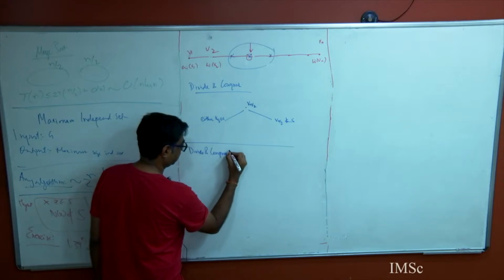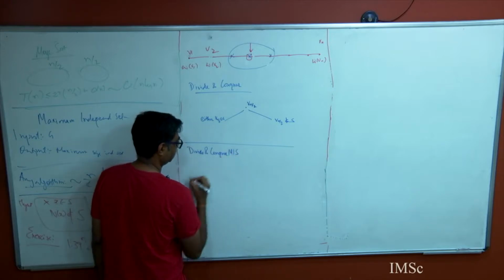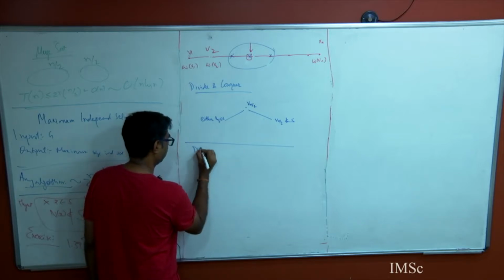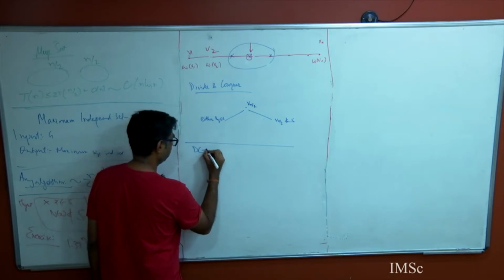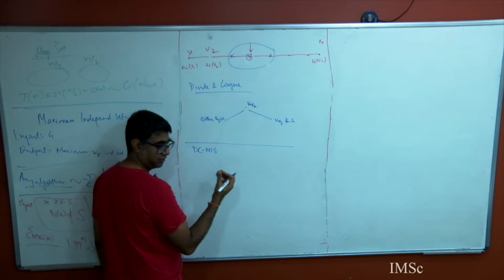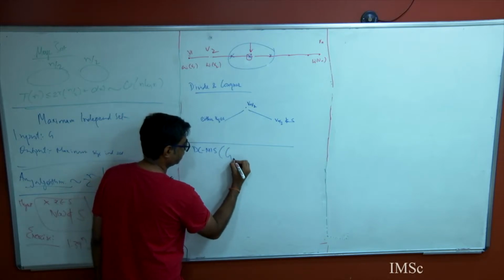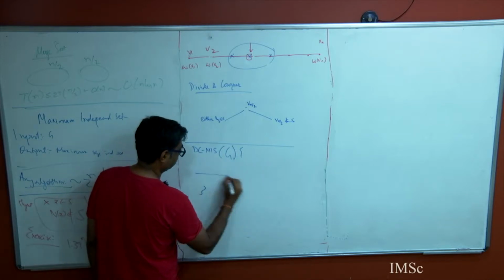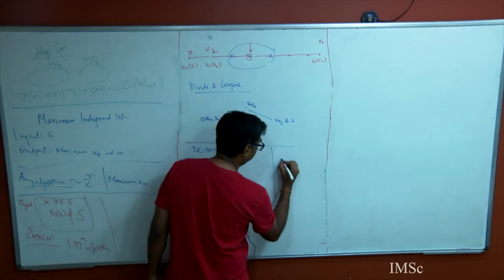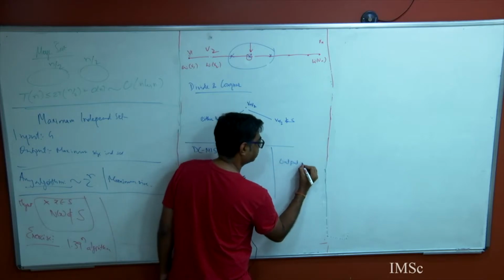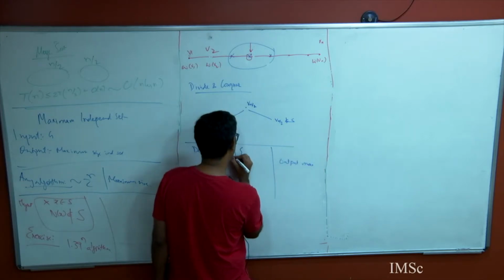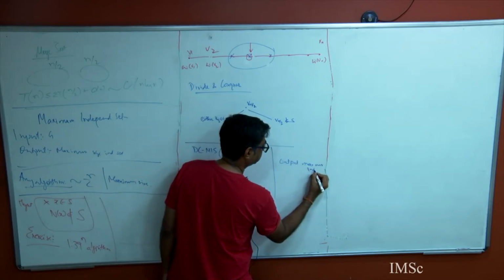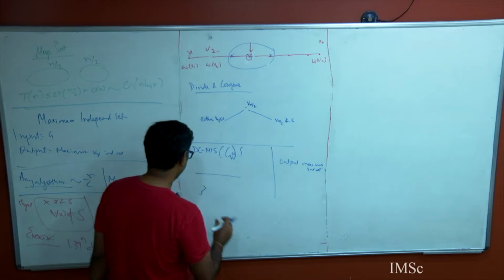Is it the correct spelling? MIS or DCMIS. Oh, this sounds much better. Divide and conquer MIS, like ACDC. It takes a graph G, that's it. What it does, I don't know. But it outputs the max weight independent set. So it takes G and W, which is the weight function of the vertices, and outputs the max weight independent set. So this is what it does.